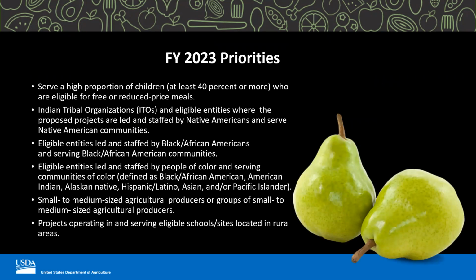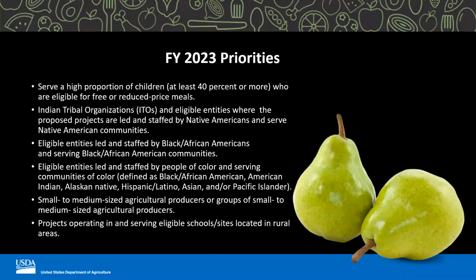Applicants of all grant tracks may receive bonus priority points during the reviewing process if they fall into one of these grant funding priority categories. Applicants can declare if they meet a priority group using a checklist in Appendix C of the RFA. This document also describes how bonus priority points will be awarded. These are not requirements for receiving an award, but rather priorities that will help give your application a scoring boost.